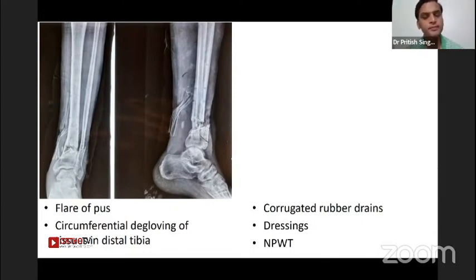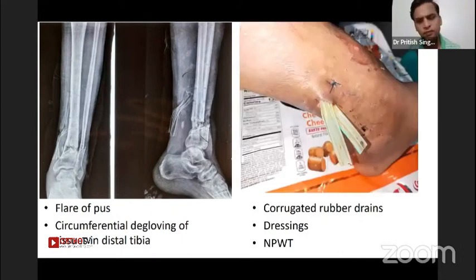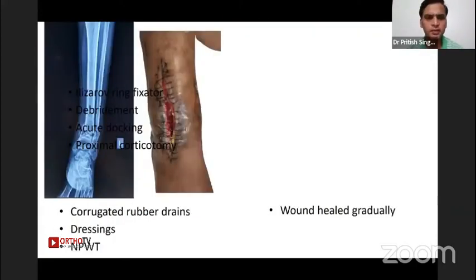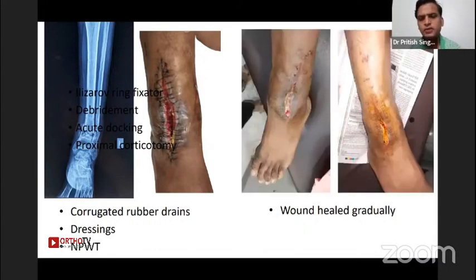So again, I took him to the OT, and I found that there was circumferential degloving of tissues in the distal tibia. Later on, I kept the wound open and applied some corrugated rubber drains for dependent drainage, did dressings, and then shifted him to negative pressure wound therapy. Now the wound behaved in a slightly more desirable way, and the wound started shrinking. In the end, the wound shrank gradually,